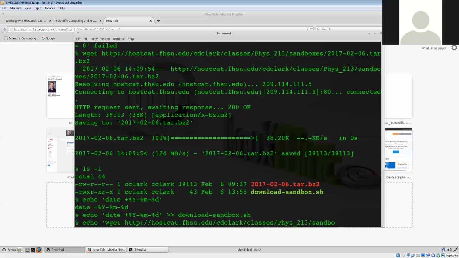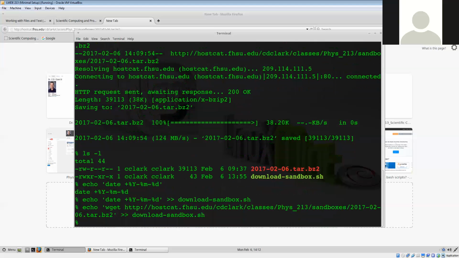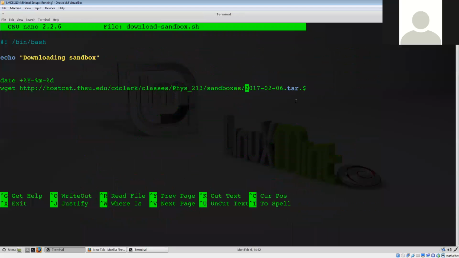I'm going to echo the wget command. I'm going to put that in there. And now I'm going to open that file up and edit it. All right. So the second line here is my, let me maximize this. The second line here is my wget command. Here is the name of today's tarball, but I want this